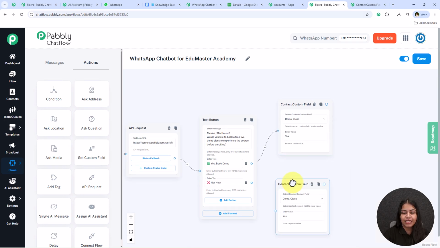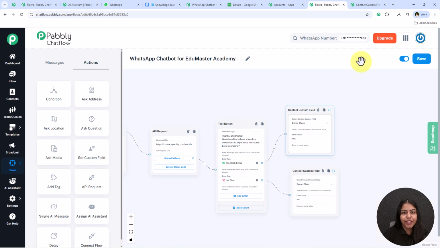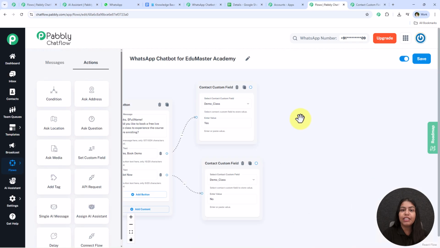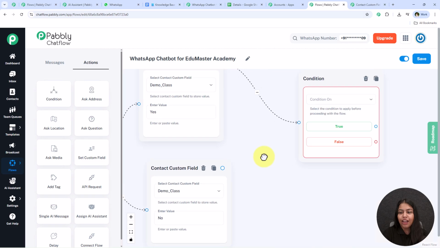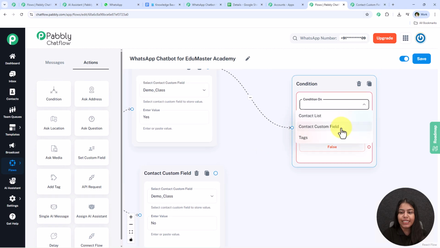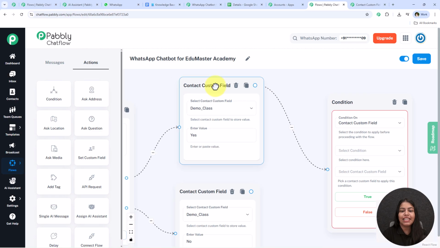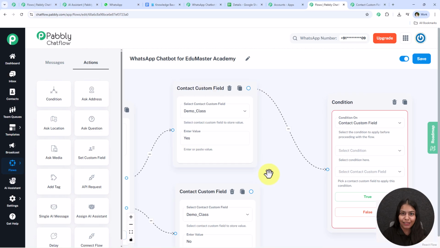Further in this video I'll let you know why I have added this set custom field, and as you can see, we have successfully done this. I have already created the custom field for this demo class. Alright, now I'm going to move on further and add the condition. So I'm going to drag and drop this condition and connect it with this custom field, and for the condition, I'm going to select contact custom field right over here. So this is the reason why we set the contact custom field for yes and no,